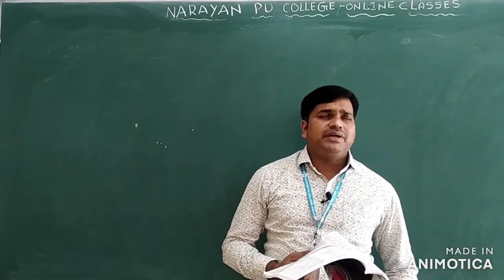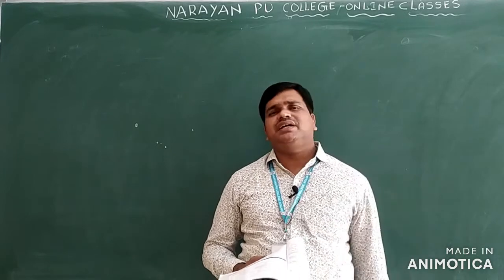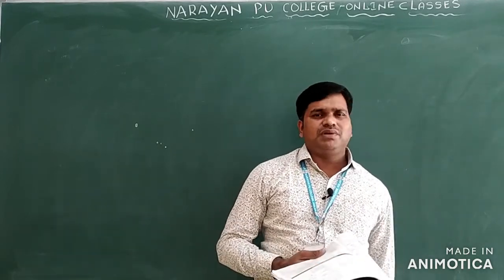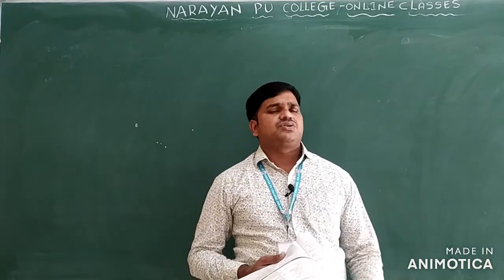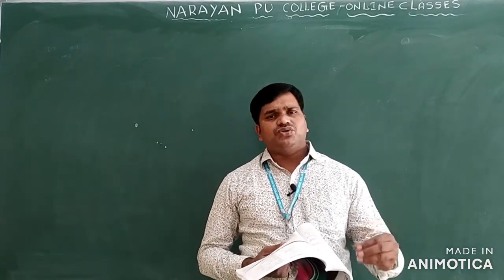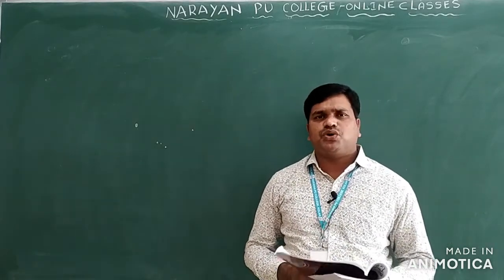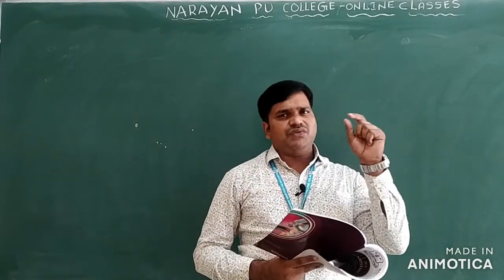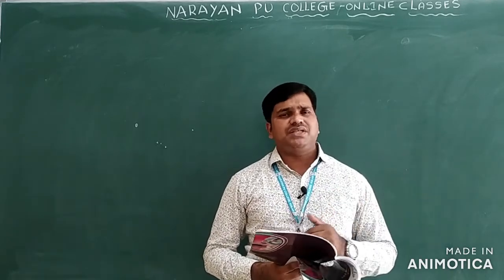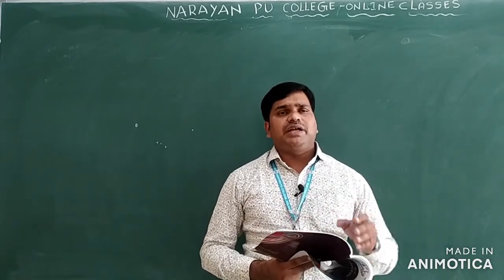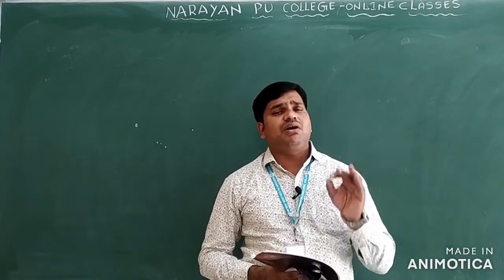So here what happens? If oxidation forms over the surface of the iron, the metal will be destroyed. Then what will happen here? So we want to do some prevention method, that we are calling galvanization only. It means among the surface of the iron, we want to add some metal coating. The metal coating can be done by zinc only.